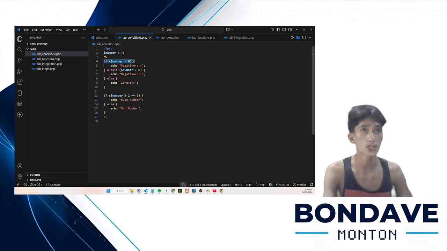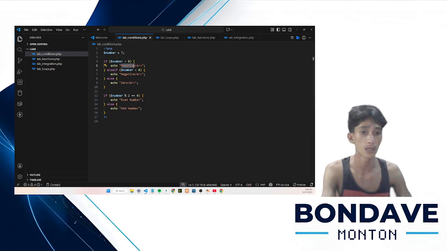Next, this line: if number is greater than 0. This checks if the number is greater than 0, and if it's true, the program will display positive. Here the echo prints positive.